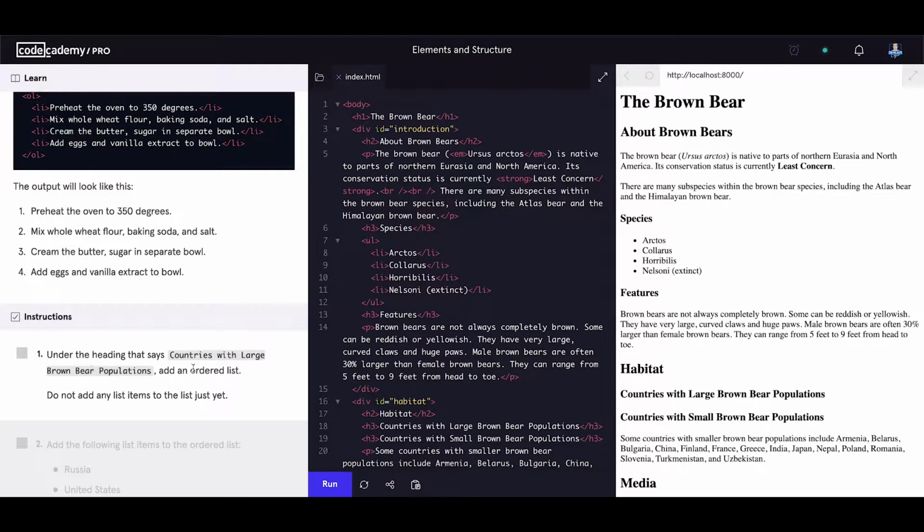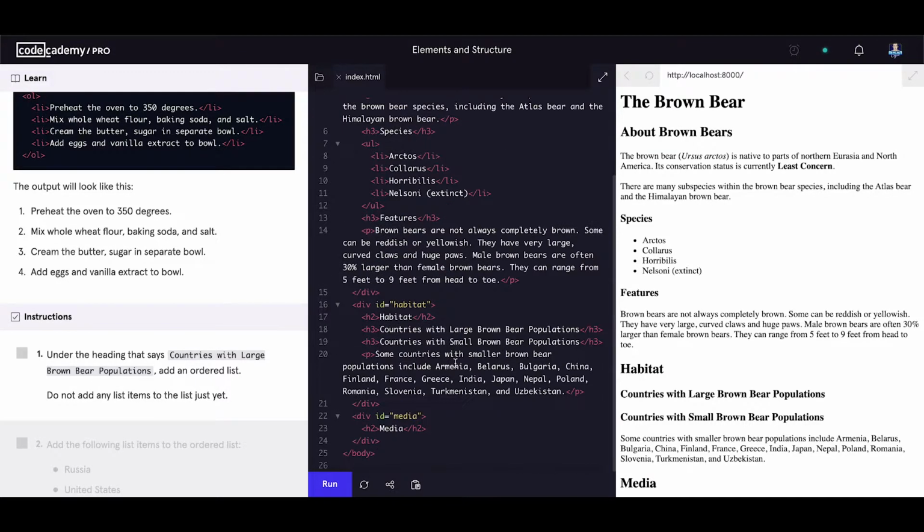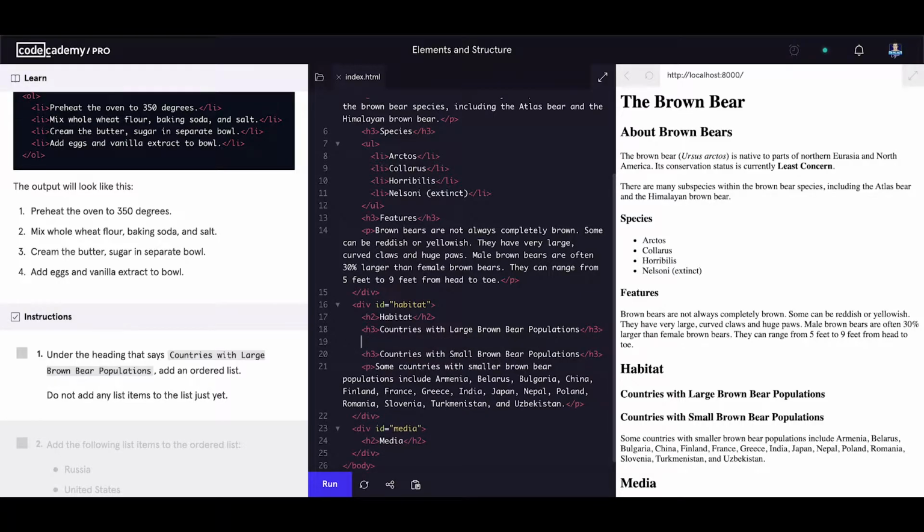Under the heading that says countries with large brown bear populations, we should place an ordered list. Do not add any list items to the list just yet. So countries with large brown bear populations. Let me find it first. Countries with large brown bear populations. So it's right here. So under this H3 element,